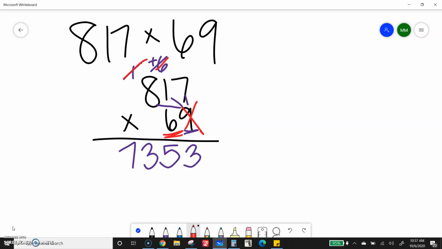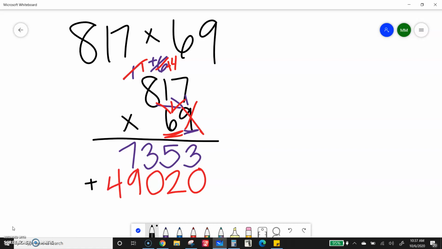So now I'm moving on to my tens. What do I need to add? That 0 down there since I'm moving over to my tens. So I'm going to start by 6 times 7, 42. Write the 2, carry the 4. 6 times 1 is 6. Plus 4 is 10. Carry the 1. 6 times 8 is 48. Plus 1 is 49. And then add those up. 3, 7, 3, 16, and 5. So